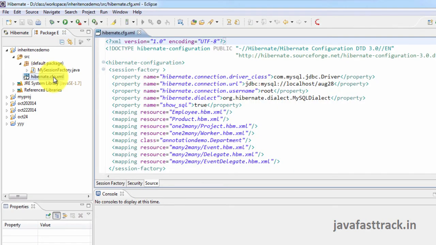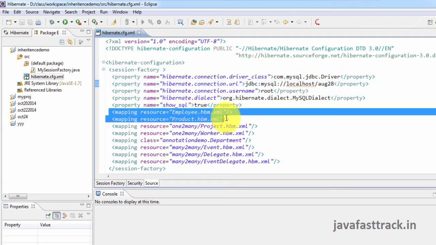It is just the usual file. It connects to a database called August 28 database. This is the database which I am going to use. Tables, as I told, I am not going to create the tables. The tables will be automatically created for any of the three strategies by Hibernate. Hibernate can automatically create tables for any of the three strategies as and when required in this August 28 database.